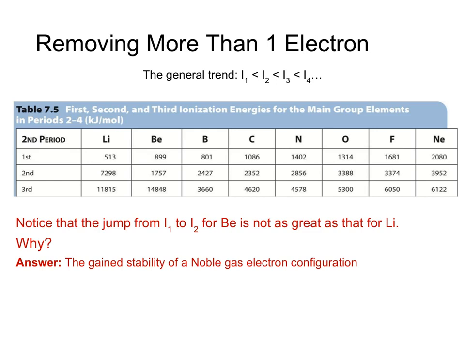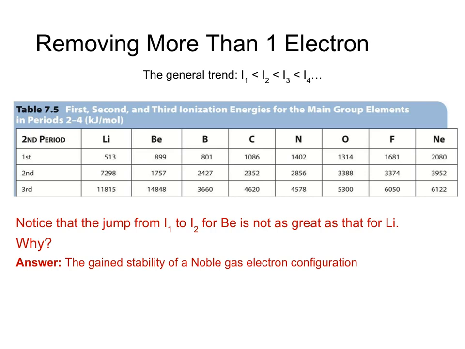So let's look at the energy associated with removing one electron. The general trend is that ionization energy 1 is going to be less than ionization energy 2, less than ionization energy 3, less than 4, and so on. That's because as we remove electrons, we start to have a greater attraction for the nucleus, and it becomes harder